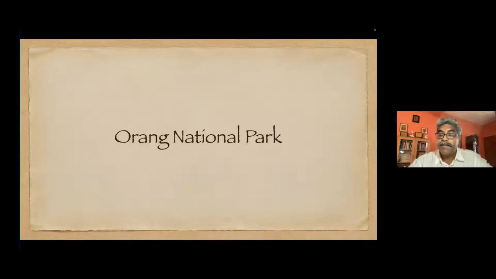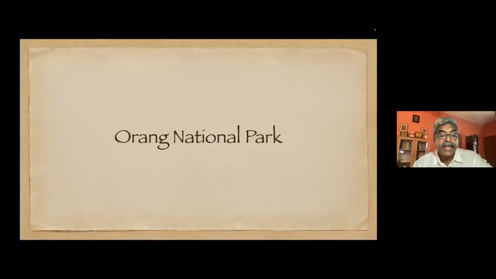The next wildlife sanctuary which we will be visiting nearer to Gauhati is the Orang National Park, which is 132 kilometers northeast of Gauhati on the north bank of Brahmaputra. Now, this is spread over a space of about 79 plus square kilometers. Till the 1900s, this particular national park was inhabited by the local tribal population, but due to an